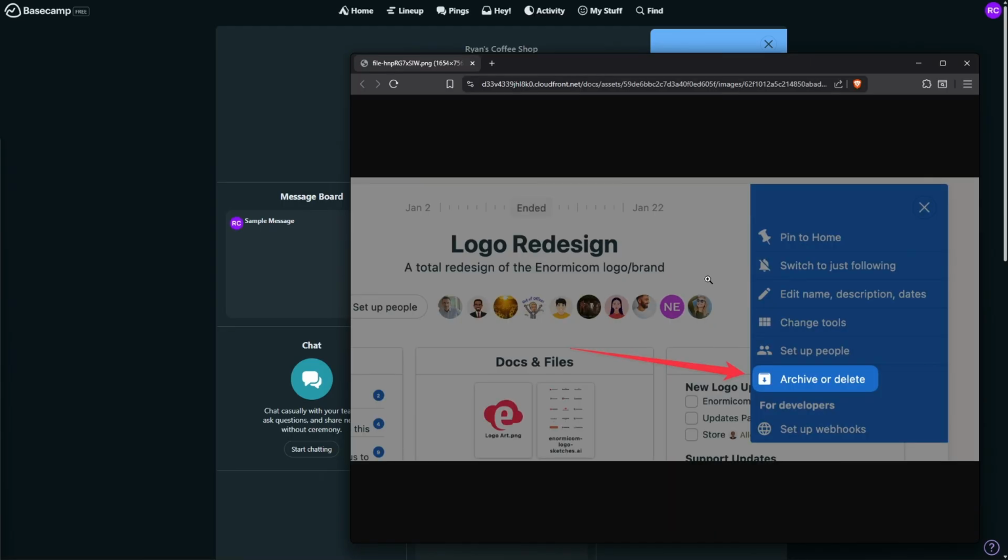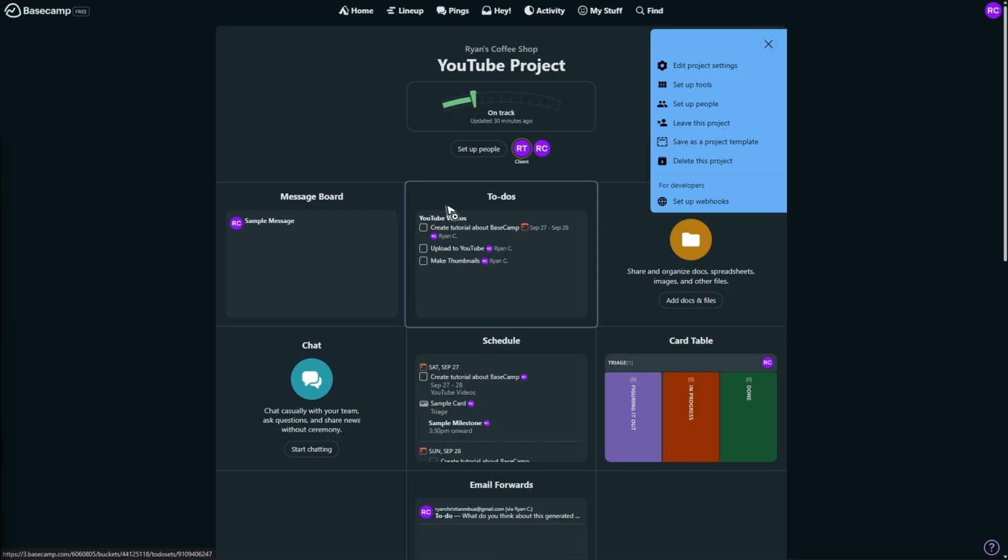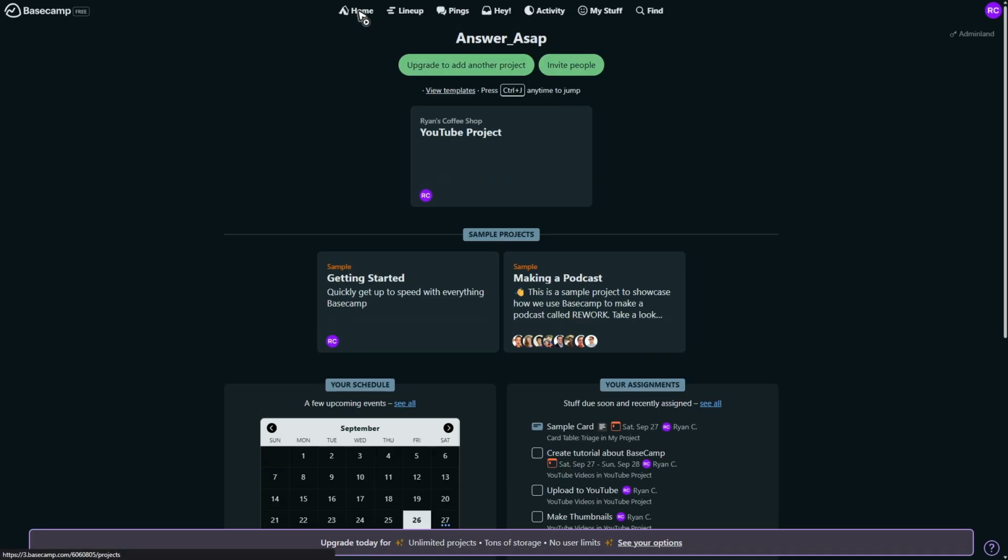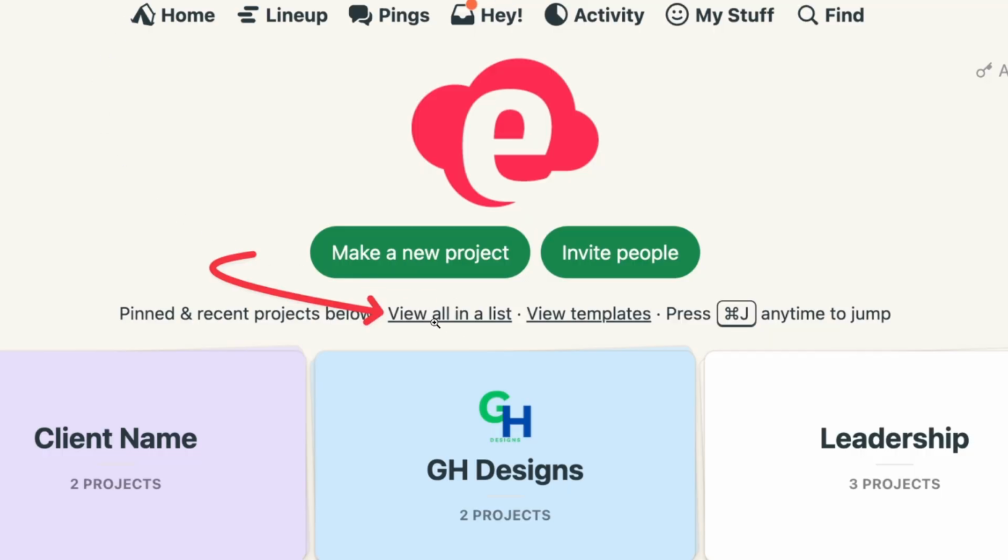And then once done, if you'd like to restore the project, you can find it in your home tab right here. Okay, you can go ahead and click on view all in a list. That's it. Just click on it and you'll be able to find your